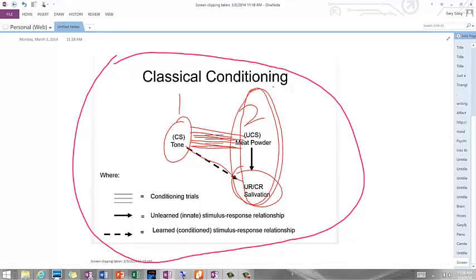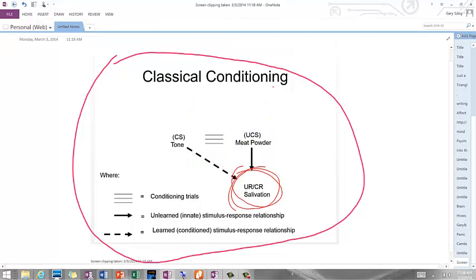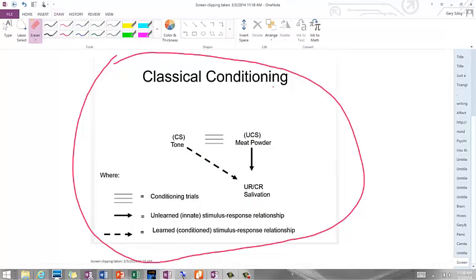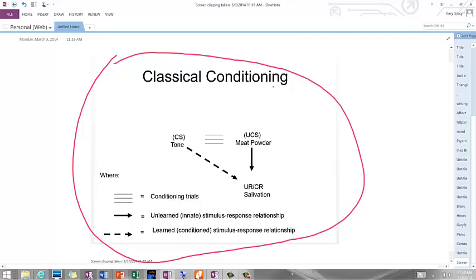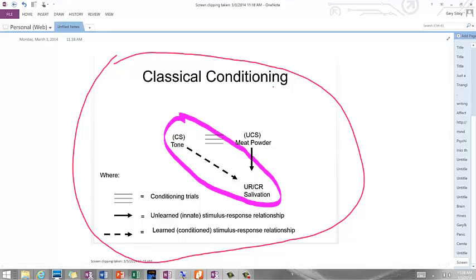So you get a little tone, bing, and you get the meat powder associated with it, and that will elicit the salivation. Eventually, all that's actually needed is for the tone itself. The tone will elicit salivation, and that would be classical conditioning.